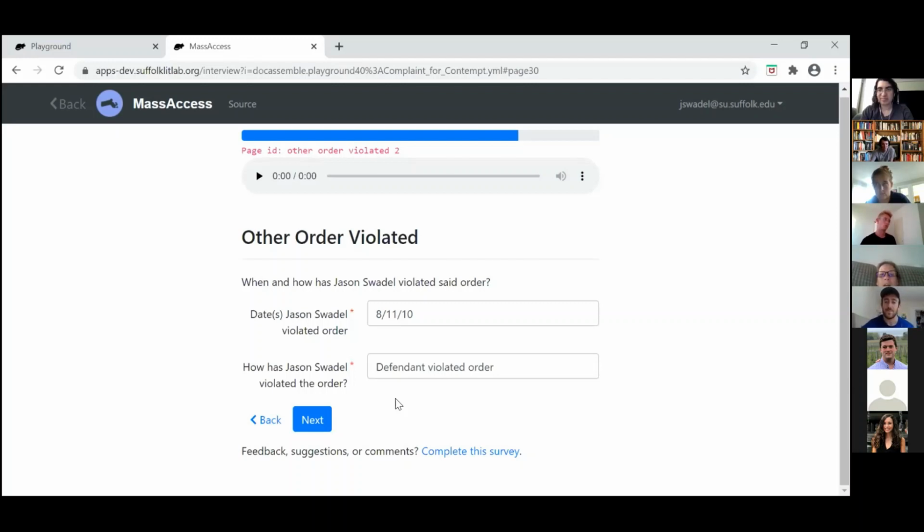But if we're talking about open text for violating more than one type of order, you would say, on or about, so-and-so didn't show up for the agreed parenting time. But then when you get to this other order, whatever the other order is, in the space you would add another date and description, all as one. Do you follow what I'm saying?